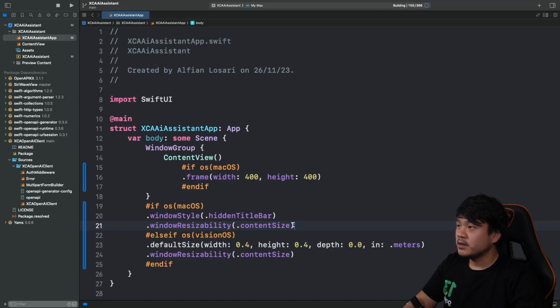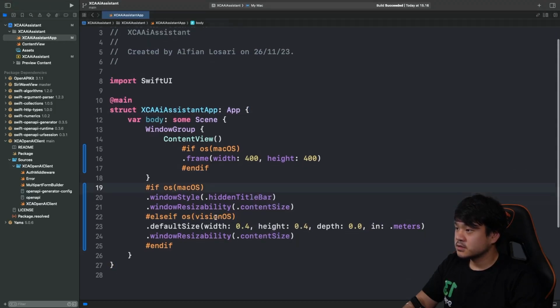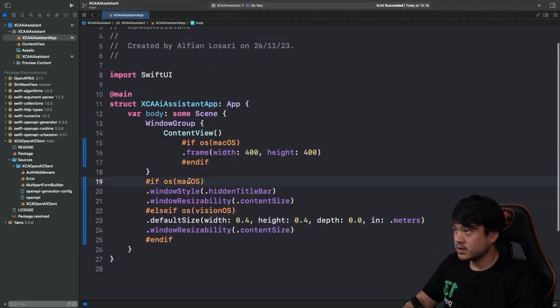The first time that you build this app, it's going to take a bit longer because it will generate the OpenAI runtime from the OpenAI YAML file. It will create all the client and types for us. Okay, the build succeeded. Now this XCAOpenAIClient app is finished.